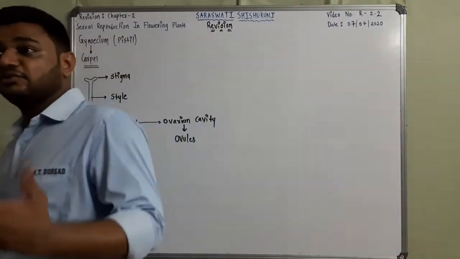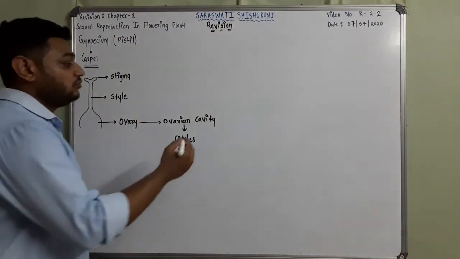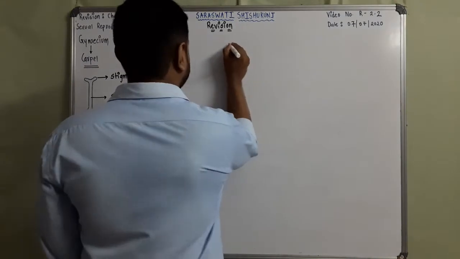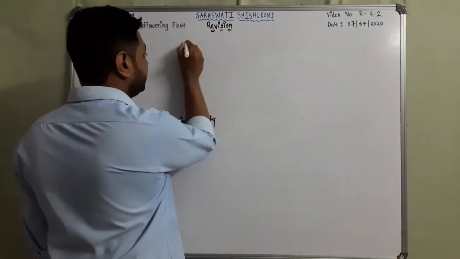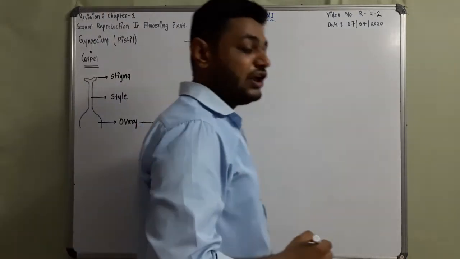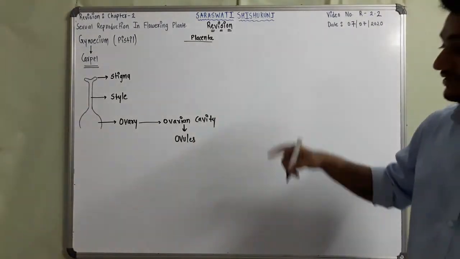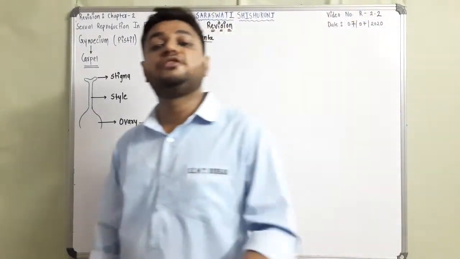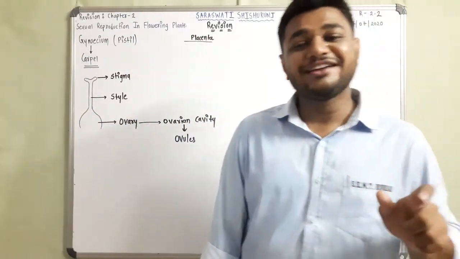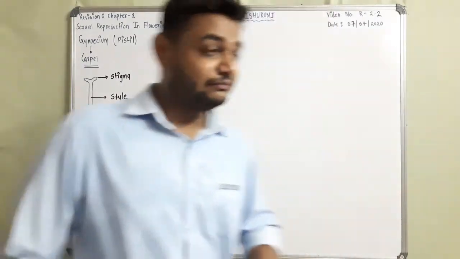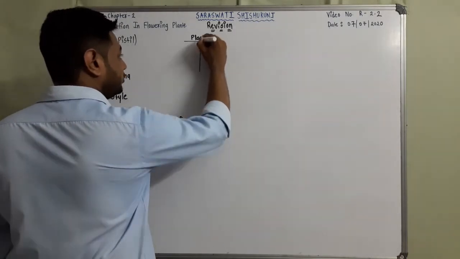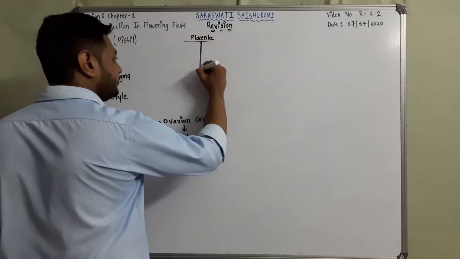Now we should discuss the structure of the ovule. Ovule is also referred to as megasporangium, right? For example, this is the placenta of the ovary, a cushion-like structure on which the ovule develops. That is called placenta. The arrangement of ovules in the ovary is referred to as placentation. The cushion-like structure is present on the inner wall of the ovary, to which the ovules are attached by a slender stalk-like structure referred to as funicle.